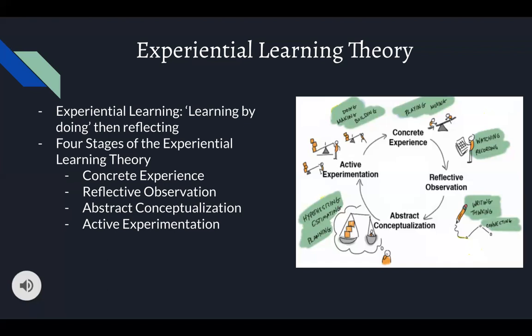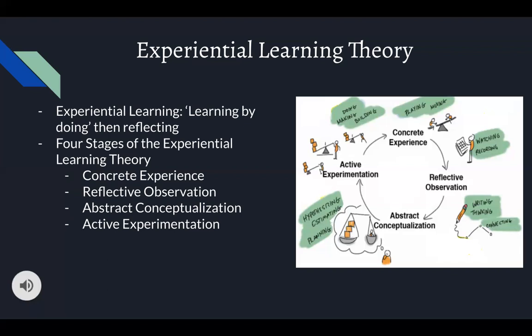The next part would be active experimentation. And this would include us or the students planning and testing their conclusions or possible hypotheses that they had come up with. And they would do this by applying their knowledge to the new experiences that they had experienced. I think what's important for us to understand and keep in mind is that the moment we start planning and start doing, we re-enter step 1 of Kolb's learning cycle again, okay?